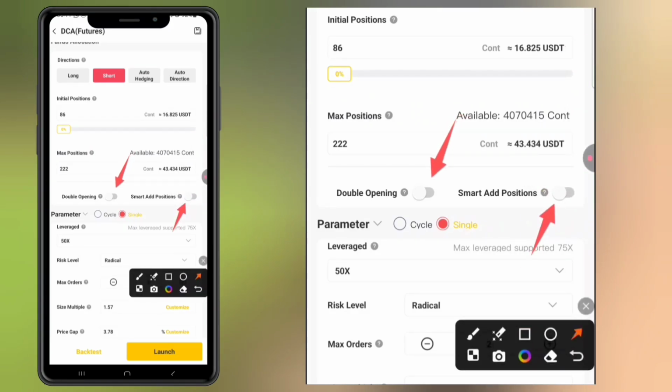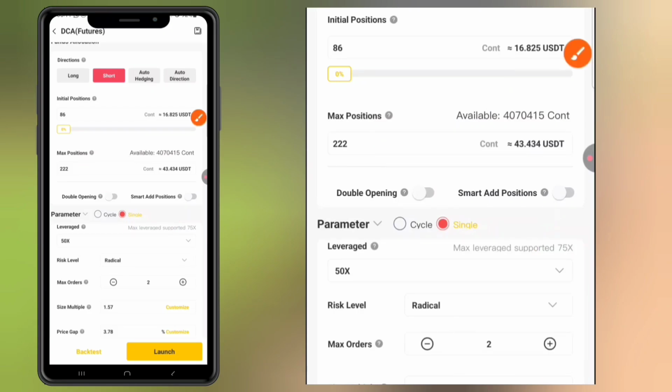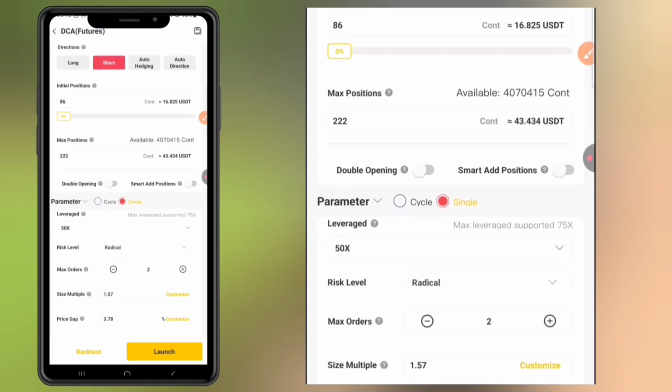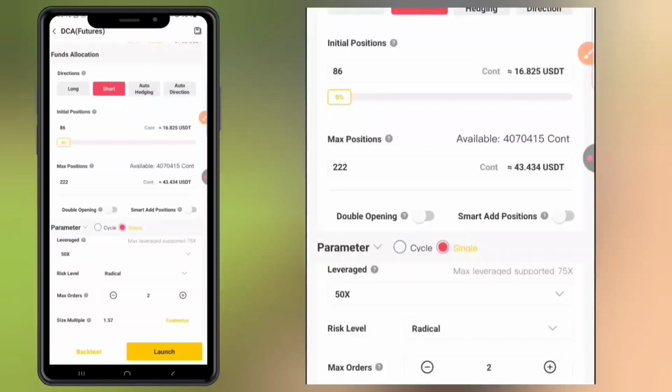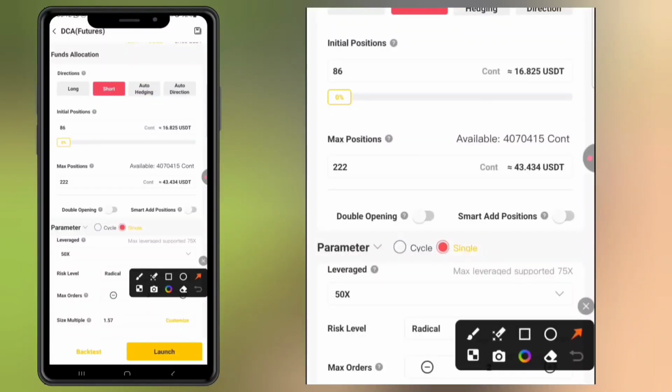So now that you've said that, most people ask this, why don't you talk about smart covering and double opening? Most of the people out there don't have capital. Once you click on double opening, the robot will automatically pick 2 trades within the same coin. Let's say I had set a trade to trade with $5. Instead, it will trade with $10. If I click smart covering, let me first go down and discuss smart add position